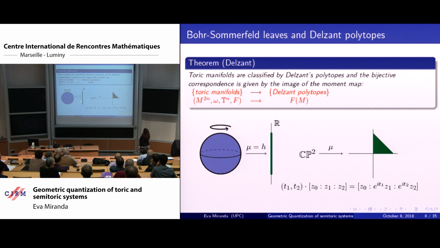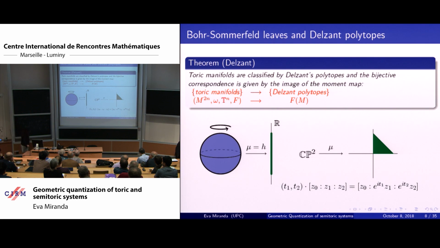So the height function, of course, the image is just an interval. And the nice thing is that over this interval, I can look at the pre-image of the moment map, and this defines the foliation of the sphere by S1s, which is a Lagrangian foliation. It's a particular case. So all the Delzant polytopes give me hundreds of examples of real polarizations. This is a particular case of an integrable system. This is a beautiful integrable system.